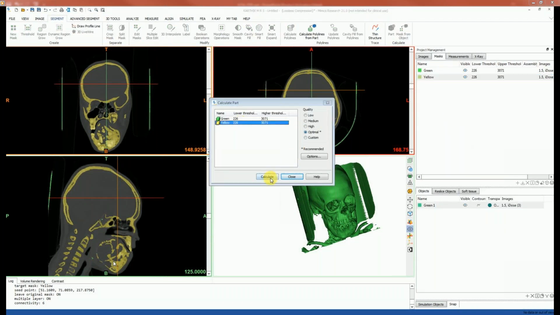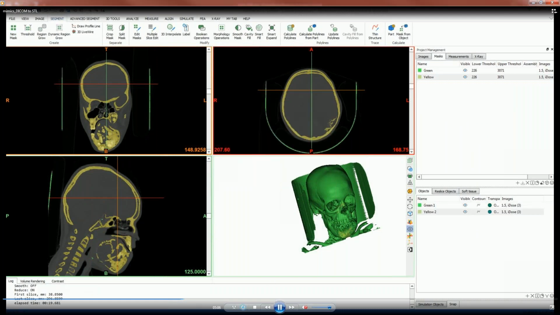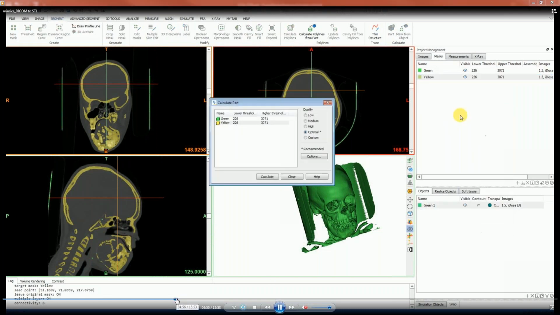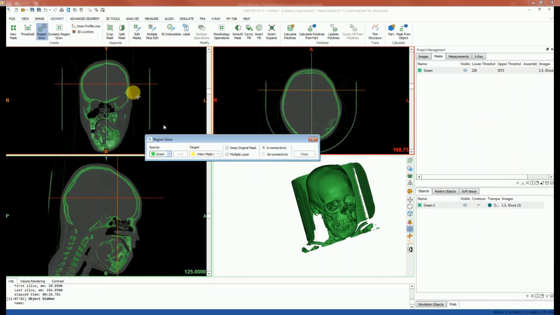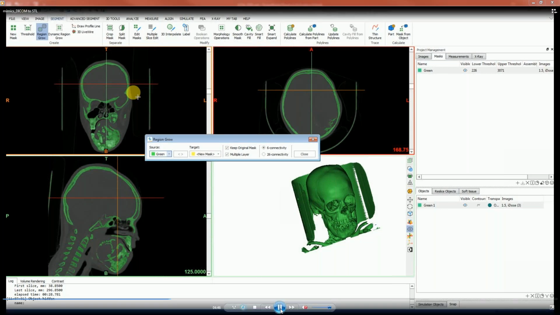Now you see, now we have created it. Now I will tell you one more tool, which is region growing. See how region growing will work. Once you select one region, the voxel will be connected to the adjacent voxels, so it will be connected with the remaining voxels.